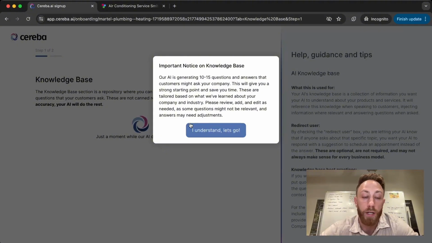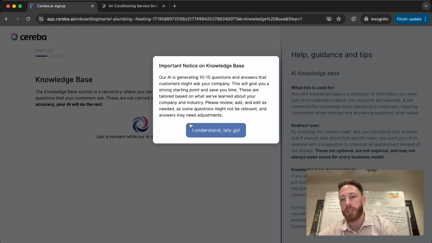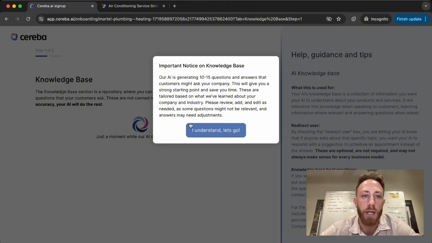So what we're doing at this point is we are using AI to generate a starting point for you. So we're getting all of the stuff that we previously created. So we know this is your industry. These are questions someone might ask when communicating with someone in your industry. These are questions that are related or may be related to your company. And then we're trying our best to also provide you with some baseline answers to these questions as a starting